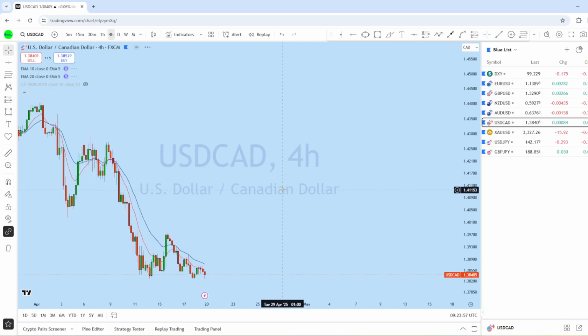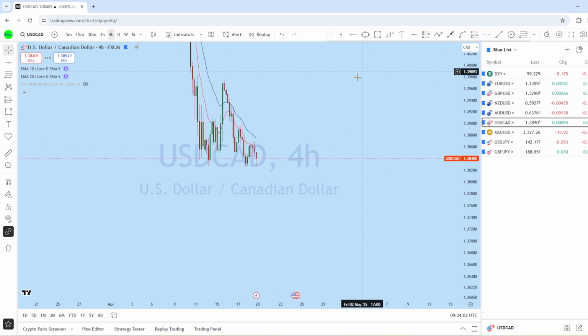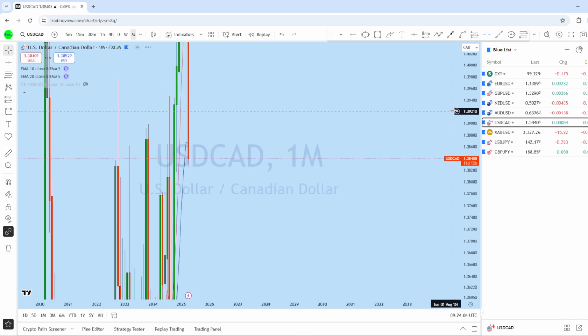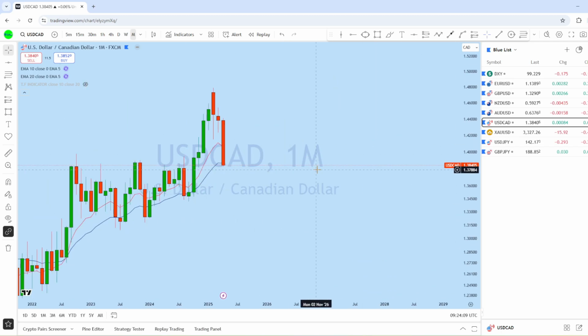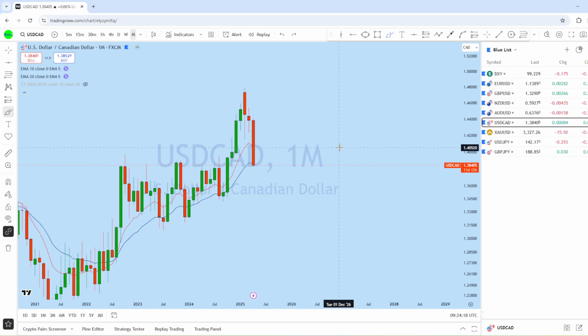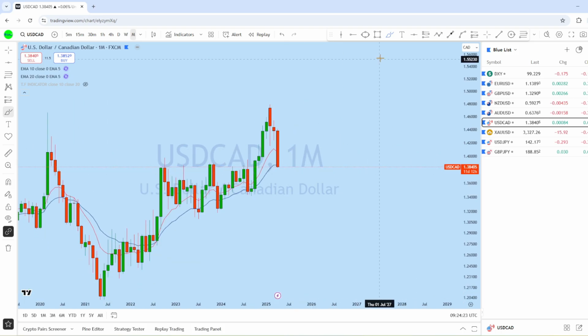Now let's look at dollar CAD. Let's see what kind of trading opportunity we have in this instrument. Looking at the monthly chart on dollar CAD, we can see the monthly bearish drop, followed by a narrow doji, followed by a huge bearish candle on the monthly. This is a strongly falling market at the moment, and I think the price may potentially drop back to that monthly support level on dollar CAD.